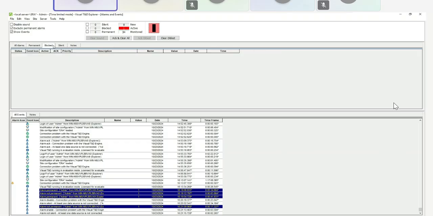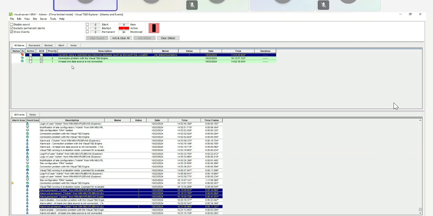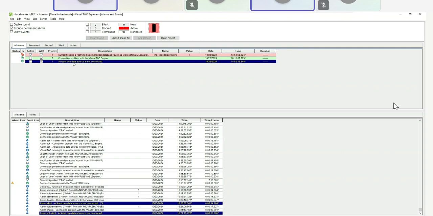Black alarms, if for example there's a status where you don't want a nuisance alarm, but you know that the system will trigger if this occurs. For example, if the data source is disconnected, you don't want that as a nuisance alarm.